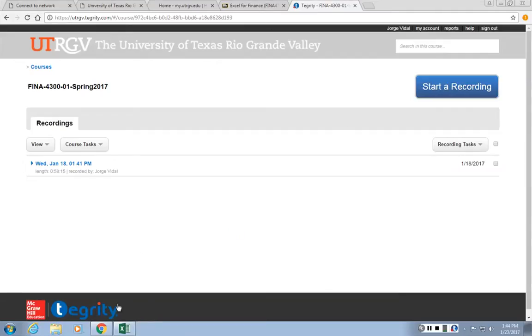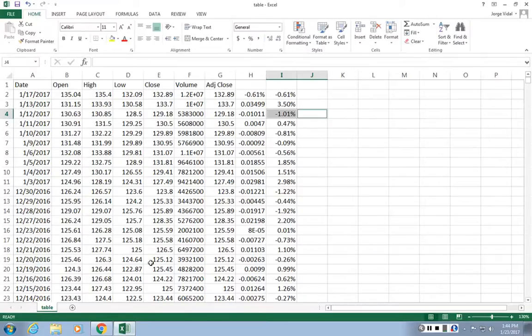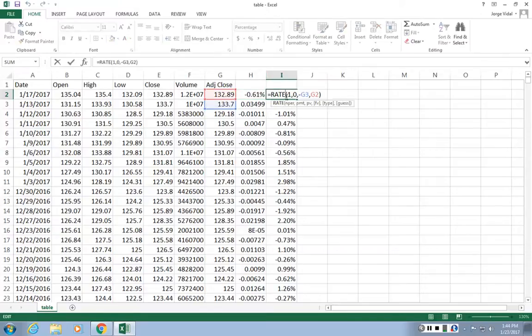Alrighty. So last class, we went to Yahoo Finance, we downloaded data, and then we calculated daily returns in a couple different ways. One was using final minus initial over the initial, and the other one using the rate equation in Excel. And I think the last thing we did, we calculated the average of the monthly daily returns. Is that where we stopped? Okay, so